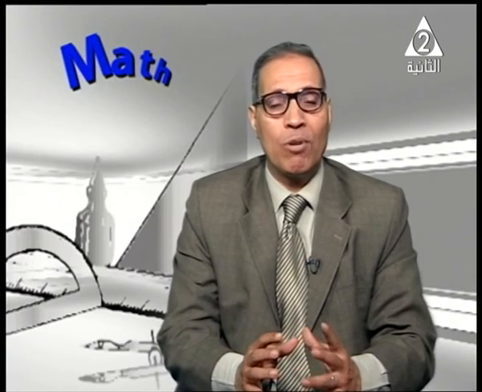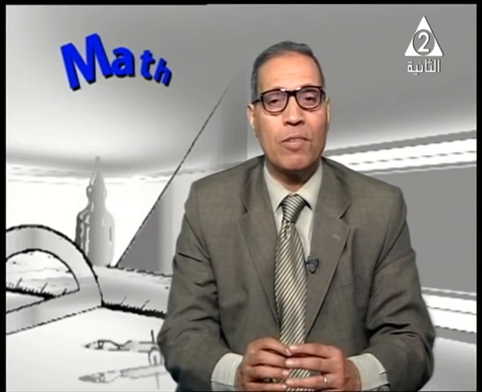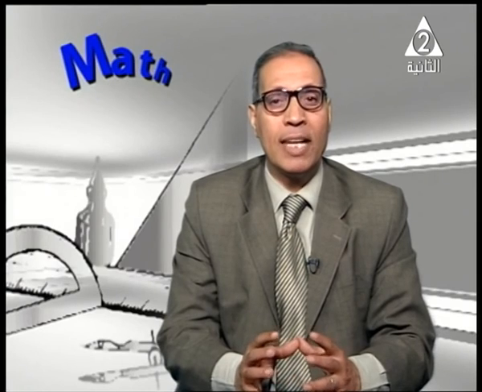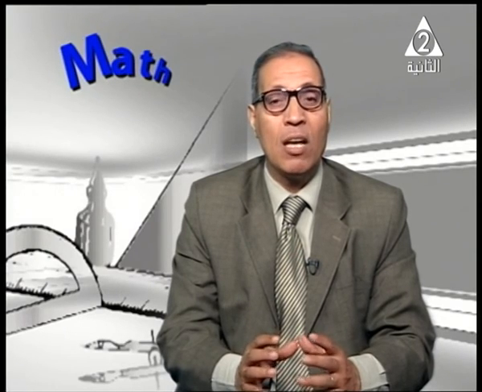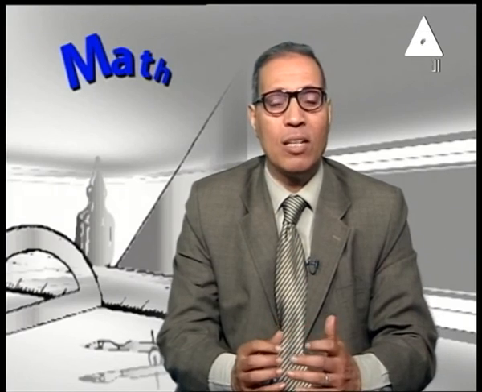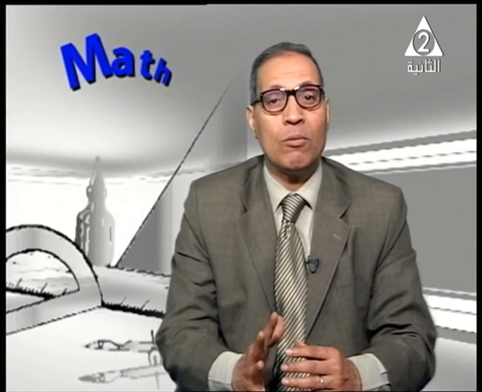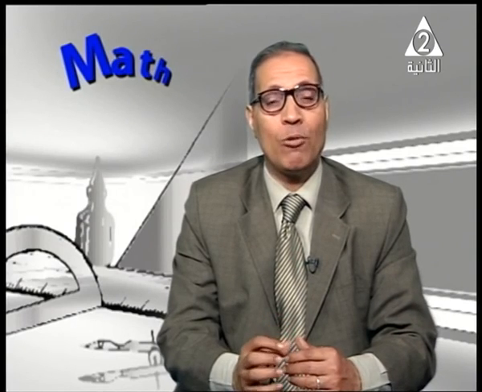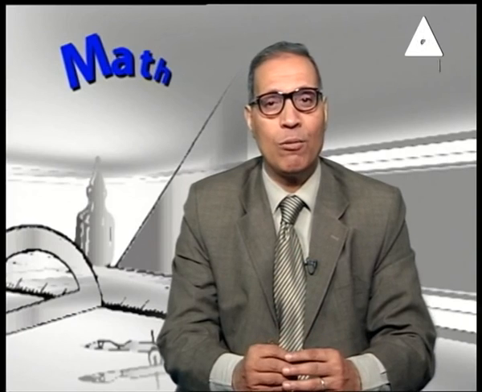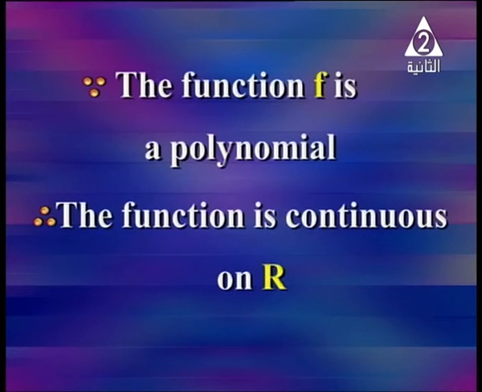In this example, we find the integration of the function from negative 1 to 3. After we find the integration, we substitute x equals 3 first. After that, we substitute the value x equals negative 1 to find the value of the integration. Dear student, the function f is a polynomial. Why? It is a polynomial function, and any polynomial function is continuous on R. All polynomial functions are continuous in R. Then